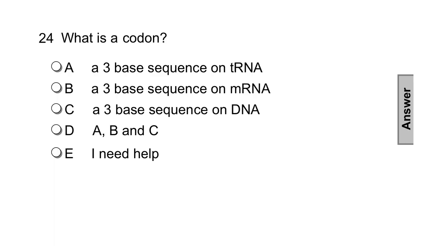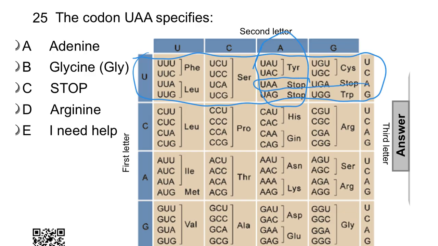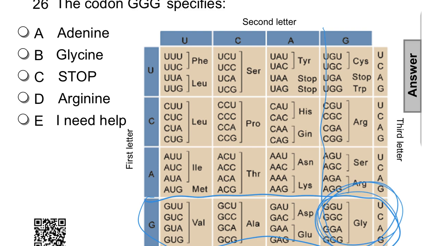What is a codon? Well, it's a 3-base sequence on messenger RNA. Okay, so for UAA, the first letter means it's somewhere in this row. The second letter, A, narrows it down to somewhere in this row. And the third letter, A, points this one out right here. Okay, so that's a stop codon. Okay, the same thing. G, it has to be somewhere over here. And then narrow it down with G again. It has to be somewhere over here. And then narrow it down even more. G, it has to be this one. So all those are glycine,